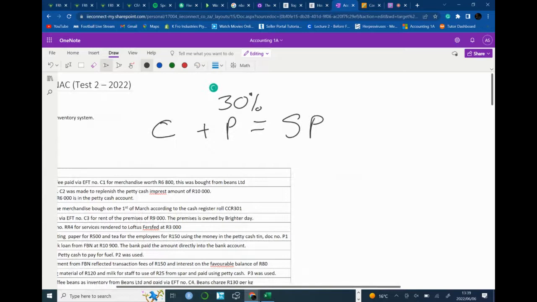From the way I see the question, they just said use a gross margin of 30%. They didn't say whether it's on cost or on selling price, so we can't say over 100%. Since it didn't say on, you have to use 100%. What do we do when they don't say on? There's something we do. I'm not saying you're wrong, but how you're arriving at your answer is where I